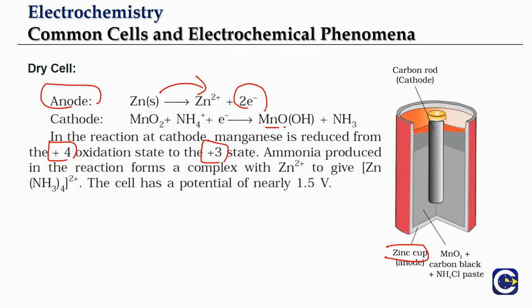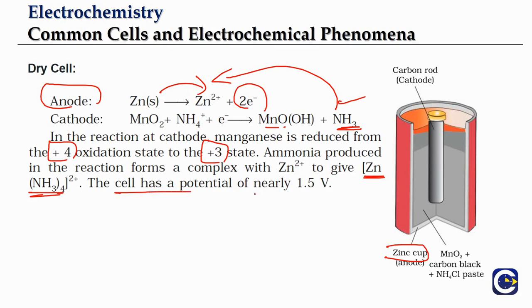So in the dry cell or Leclanché cell, zinc undergoes oxidation at the anode, and at cathode, manganese will undergo the reduction. Now we can see in this process what is also getting produced is ammonia. So at the cathode, the MnO2 will combine with NH4+ ions, ammonium ions, and the product of this is ammonia. This ammonia will in turn form a complex with the zinc 2+, because zinc 2+ is getting formed at the anode, ammonia is getting formed at the cathode. So the ammonia will form a complex with the zinc 2+. And what is the complex? Zn(NH3)4 2+. The complex has got 4 ammonia molecules attached to the zinc 2+ ions.